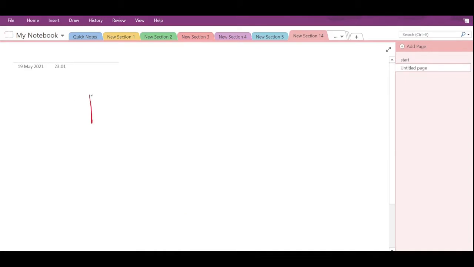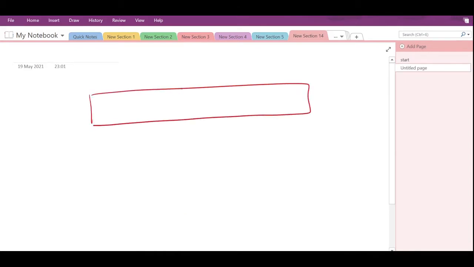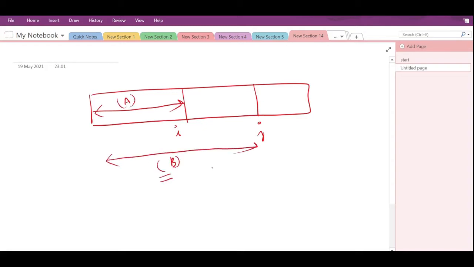So let's suppose this is an array. This is an index i. This is an index j. So I'll say that the XOR up to this value is a. The XOR up to this value is b. And let's suppose the XOR up to this value is c, correct?